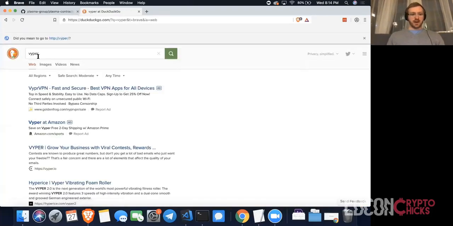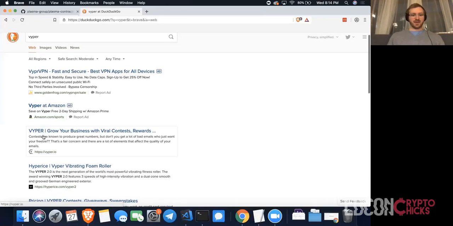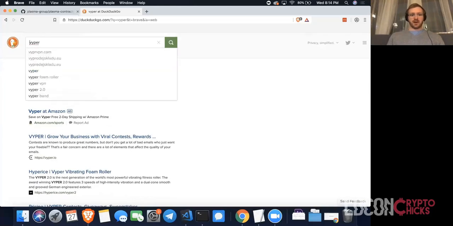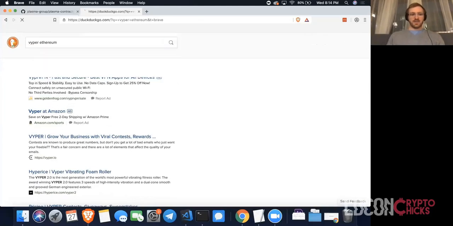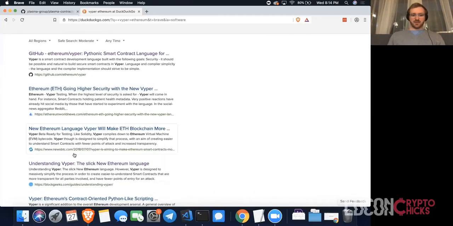So if we go to Vyper on the wonderful DuckDuckGo, by the way, you guys should all quit Google if you're in decentralization, DuckDuckGo. What an amazing tool. Okay, so if we Google Vyper Ethereum, we can see some background on it. So if you guys are familiar